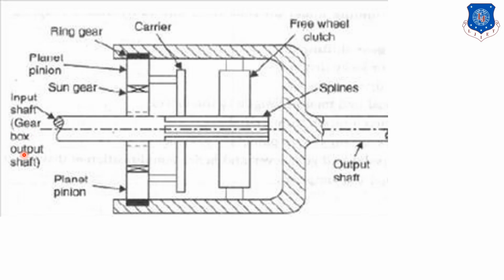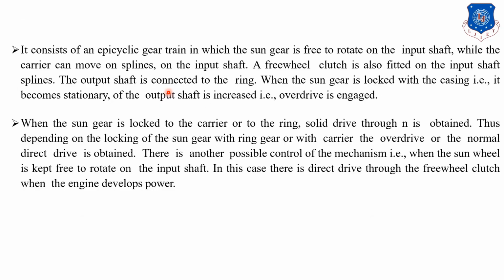After the gearbox, this is the input shaft, and it is splined, and a free wheel clutch is provided here, and it is also connected with the ring gear, and this is our output shaft, and a spline is provided to move axles. It is connected to the carrier gear. So whenever it rotates, the sun gear rotates and it transmits the power to this planetary gear, and this is our ring gear, or we can say annulus. So this is our epicyclic gear train,